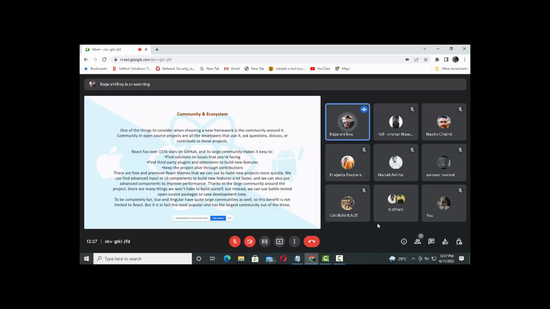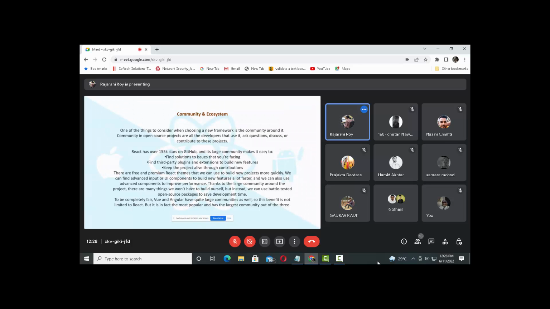Here you can share your code. Here you can update your codes, pull and push your codes, and you can simply ask for help, or you can simply update your code through this code versioning tool. And its large community makes it easy. You can make your code private or public through GitHub. You can make your application private or public, and people or the senior developers